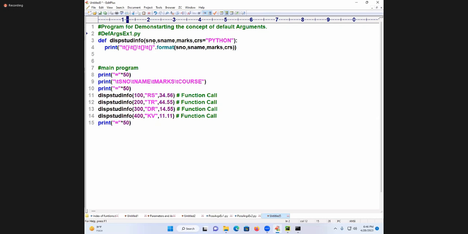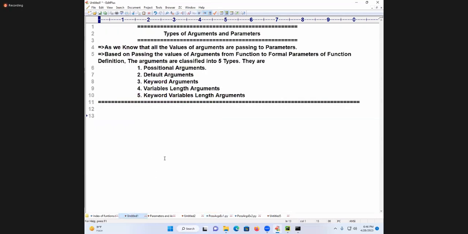Default arguments dot py, Example1.py. Before going to that, let me finalize once. Come to positional arguments once. I'll show the documentation. What are these called? Formal parameters. What are these called? Arguments. And how many mechanisms are there for me? 5. Out of these 5, which is the mechanism by default? Positional arguments is the default mechanism. By seeing this default one, don't think of default. By default, PVM uses which mechanism? Right. What are default arguments? In the heading, for one variable is equal to a value, I will write it.